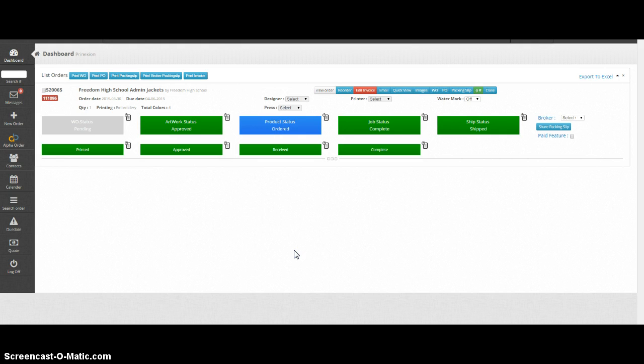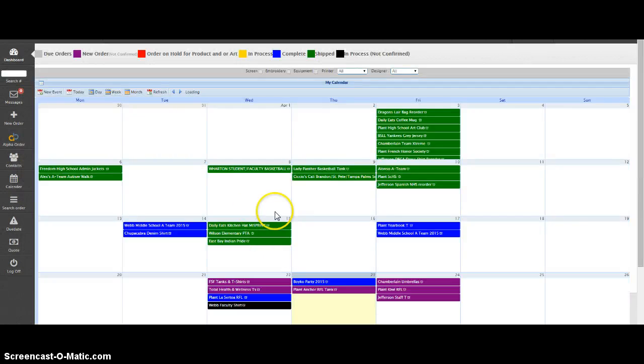We wanted to demo some of the major features of our extended version and go over many of the different aspects that we've been able to design over the last 10 years. Your page is going to open up to a color-coded calendar where you're able to enter in the order, take a look at it. You're able to look at a new order, an order on hold,